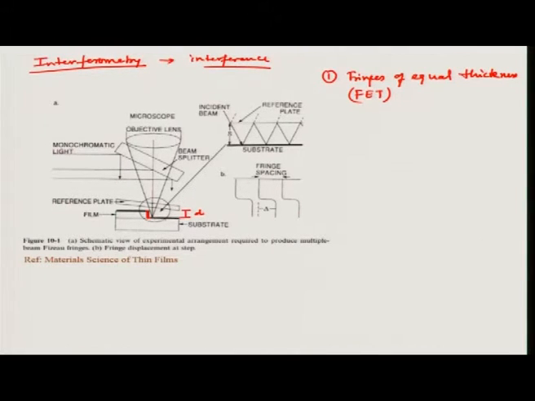Okay. And then you have a reflective coating on top. You want the light to be reflected from this, so that you can use this light rays to form the interference pattern. Okay. Now, there is also a reference plate. And also in this method you use a monochromatic light. So, your lambda or wavelength of the light is fixed, lambda is fixed.